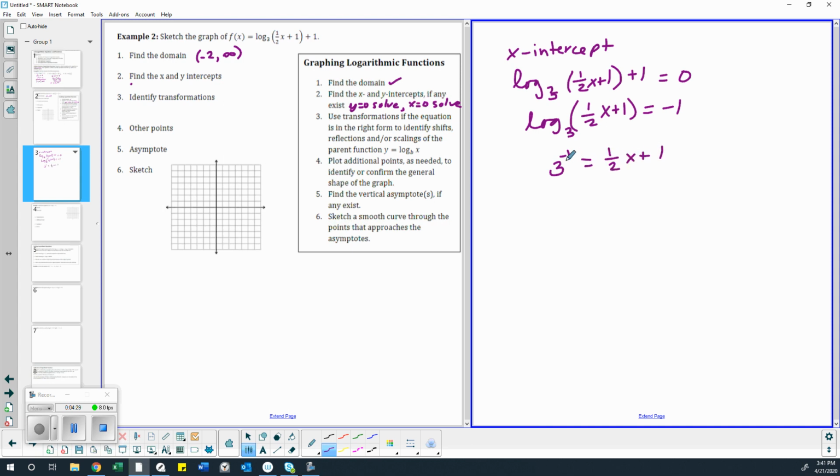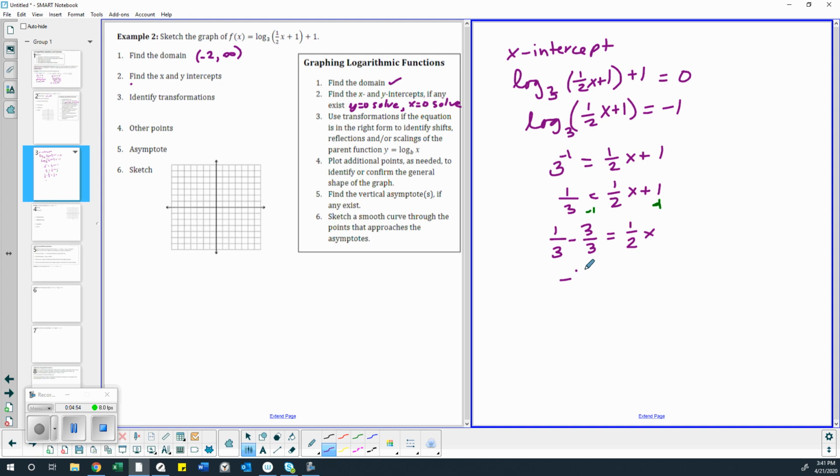Well, 3 to the negative 1 power is the same as 1/3. So that gives us 1/3 equals 1 half x plus 1. I'm going to subtract the 1 from both sides, so I've got to get a common denominator to subtract it. So that would be subtracting 3 over 3 in order to subtract that 1. So subtracting 1 is what that step was. So I changed that to 3 over 3. And we